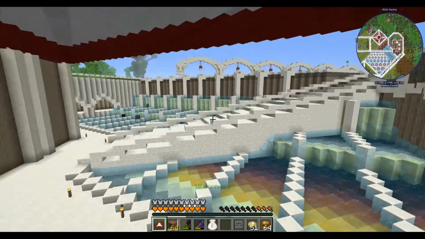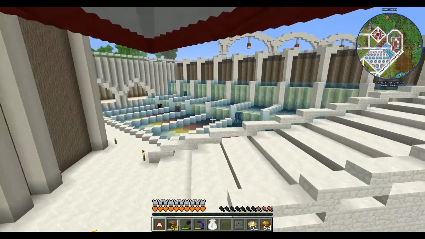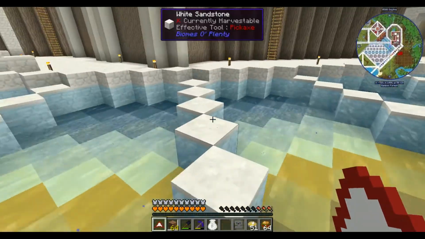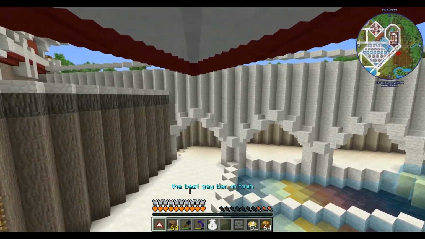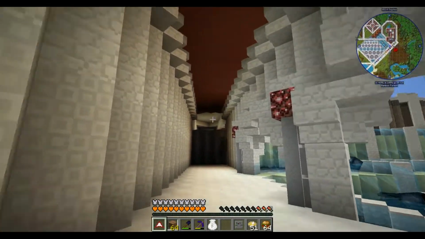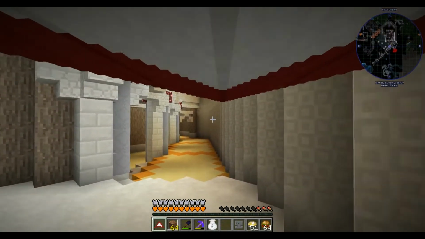I have this water thing here with the... I had a lot of fun making gradients. And you will see that over... Let's see, is there even a way through? I have this room here. That's not finished, obviously. This hallway...